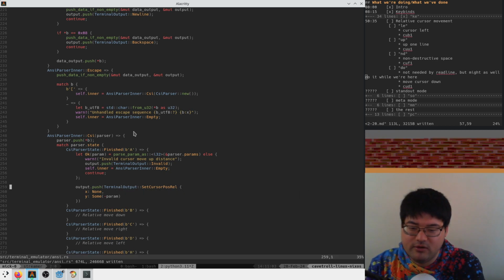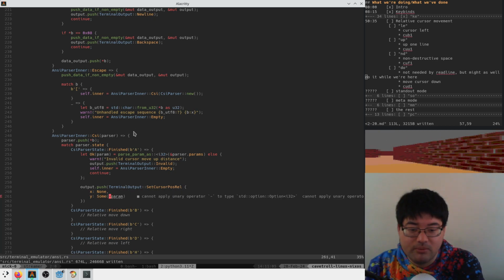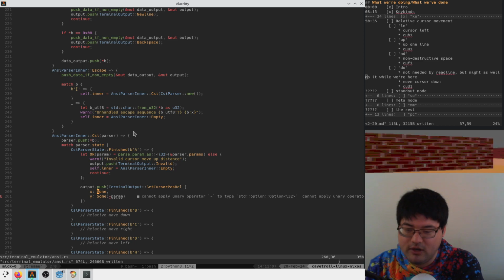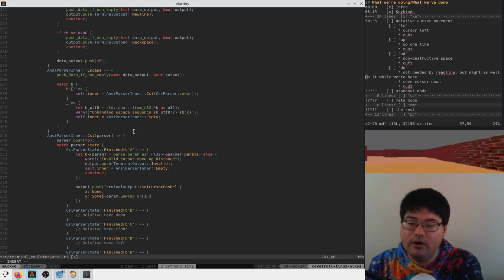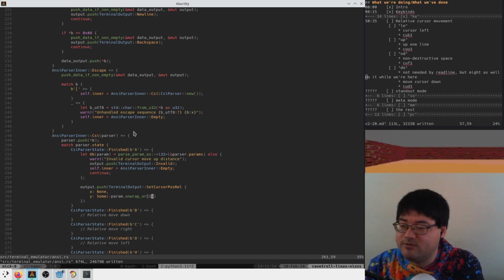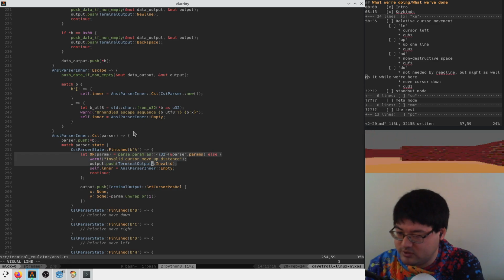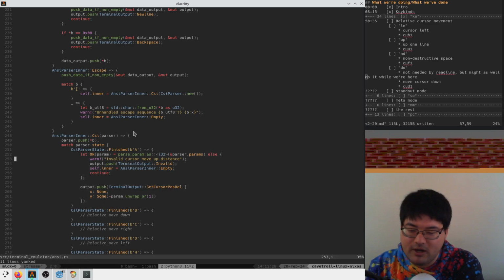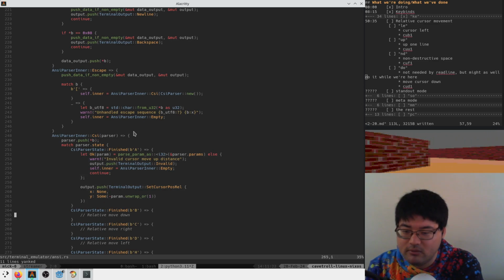You know what? We'll just leave it. This is never going to come up. Cannot apply to unary. Oh, so this is param unwrap or 1. Okay. The input is positive, the output is negative, then we're good. I think we are good unless somebody pushes in a negative number, which this parser would allow now, which is a bit of a pain. But I'm just going to not worry about